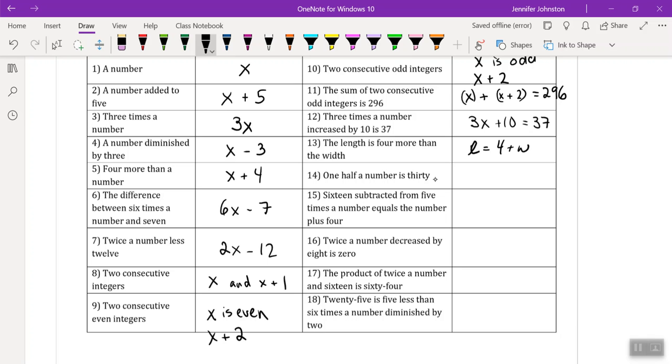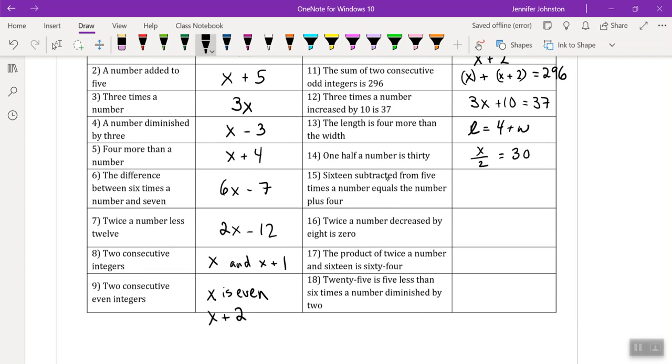One half a number is 30. So half of a number is 30. You can kind of guess what that is. 16 subtracted from 5 times a number. So it's subtracted from. That means you do 5 times the number, subtract 16